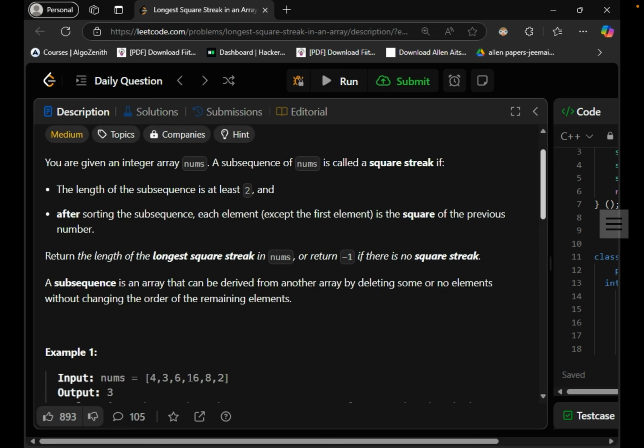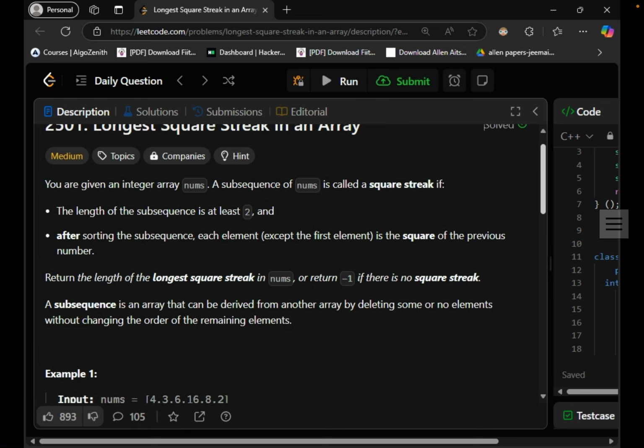The length of the subsequence should be at least 2, and after sorting the subsequence, each element except the first is the square of the previous element. For example, it's 2, 4, 16, and 16 squared is 256, and so on like that. So for the given array, we need to find all the possible subsequences, and find the maximum possible length of a subsequence following these two given rules, and we need to return the length of